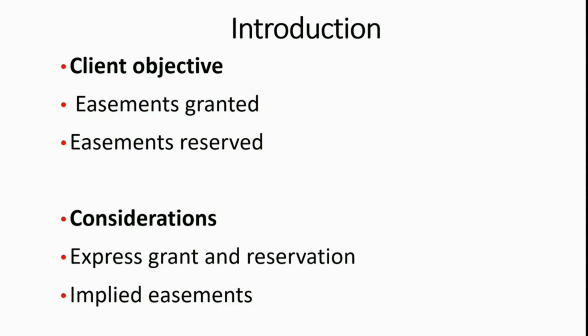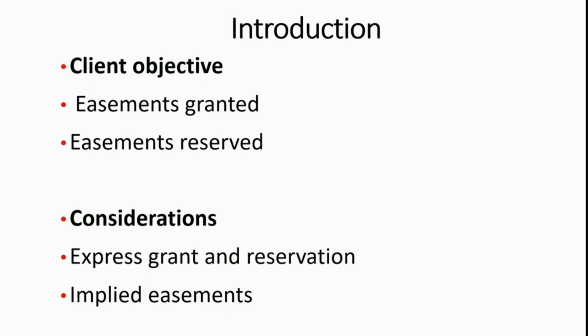So obviously, there's the question of whether or not the land that we're acquiring has the appropriate easements to facilitate our client's objective. That's fairly obvious, but you'll be amazed at how often a conveyancer forgets to ask a client about an objective, or, what is quite common as well, assumes that the client's objective is that this is a residential acquisition or this is a commercial acquisition. And the reality will be that there's a twist or a nuance with regard to the acquisition that we're not aware of. So I might be buying this house to live in myself, but I might also intend to build an office or to convert the garage into an office.